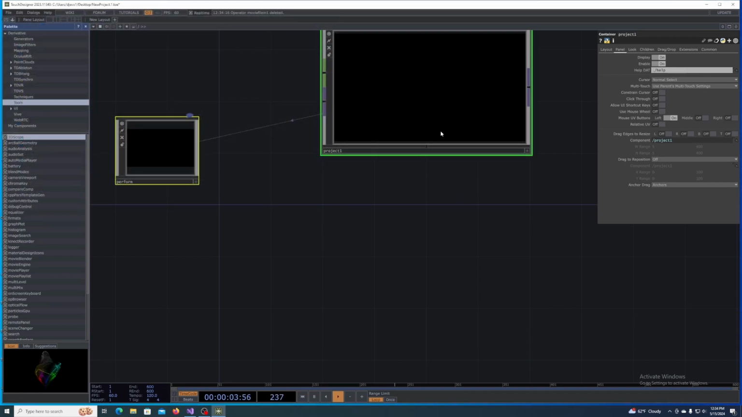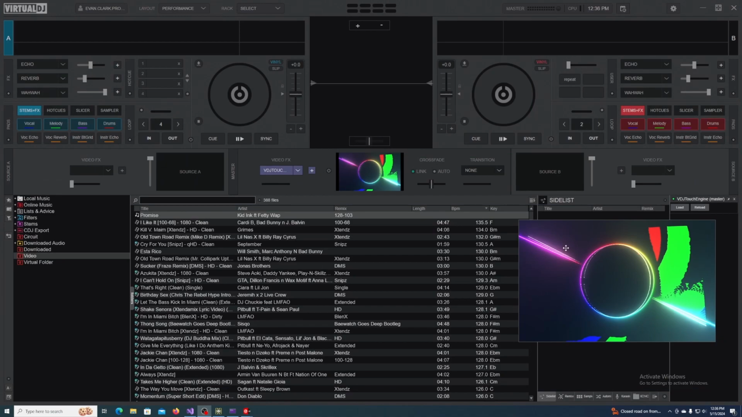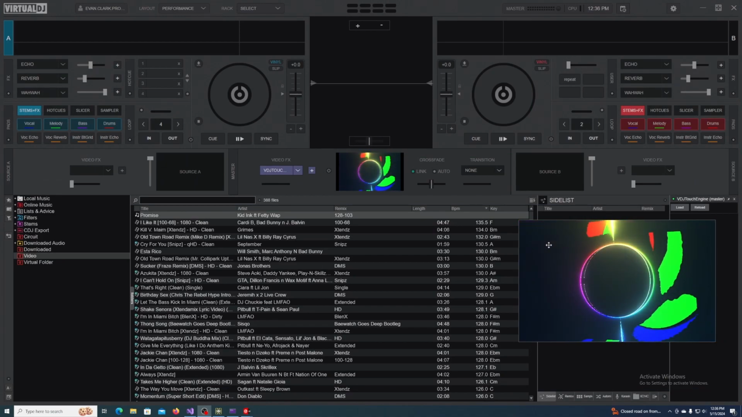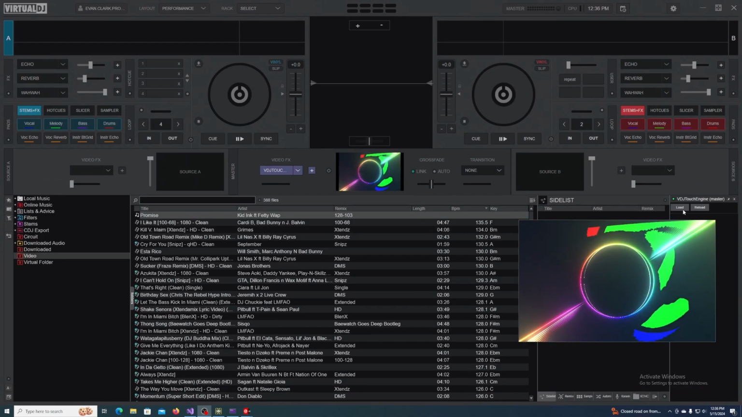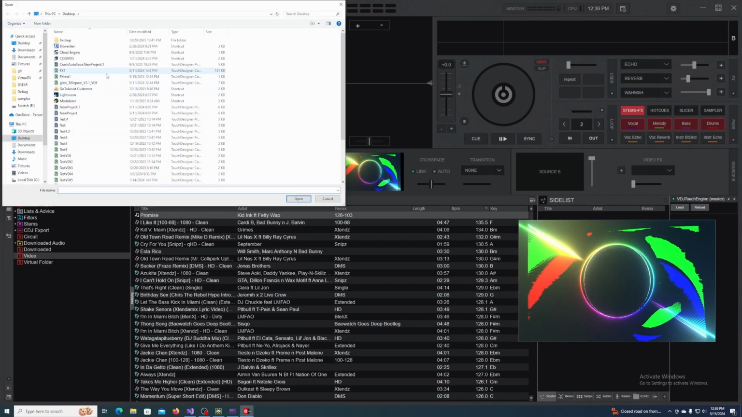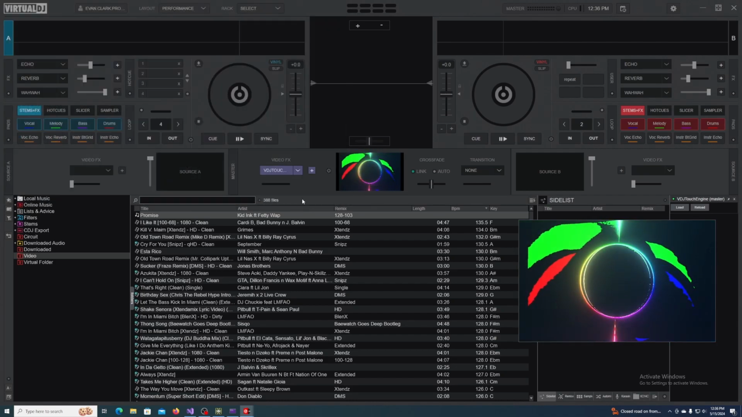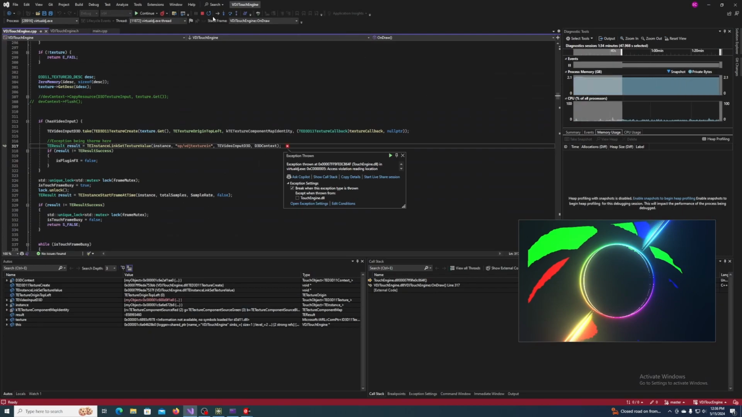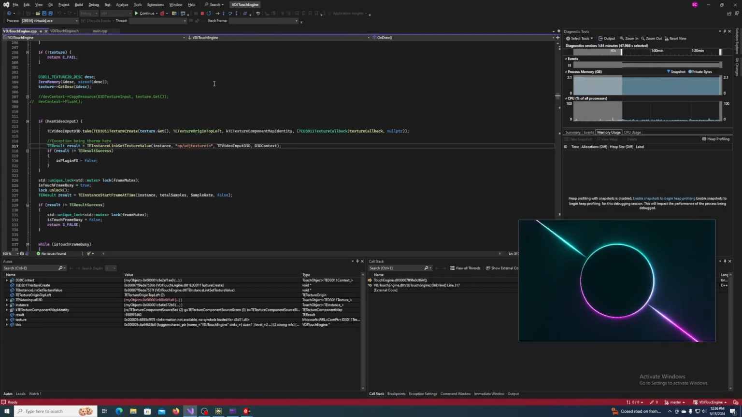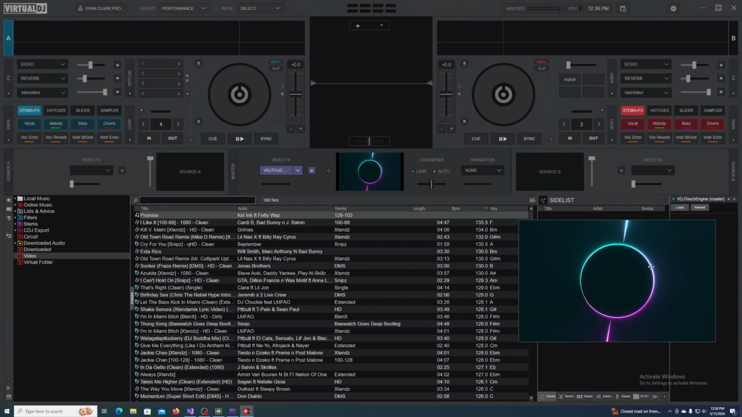And so now we've created that, we can go into the software and test it. All right, so we're now back in VirtualDJ. I'm going to go ahead and load our new effects. So we click load, FX test 1, hit reload. And as you can see, our effect is now applied. You can turn it on and off, toggle it,